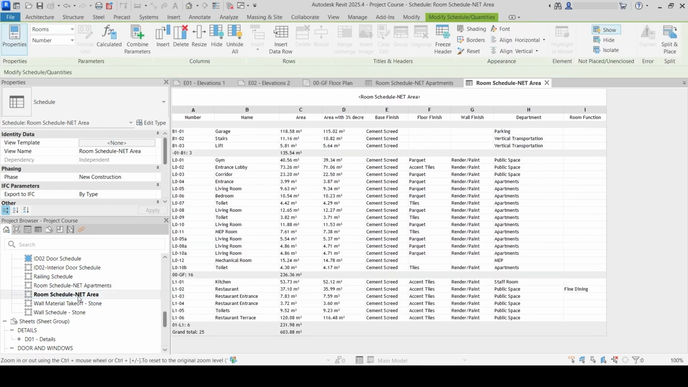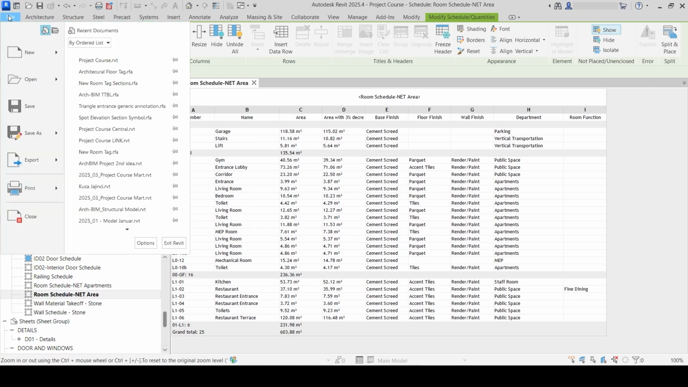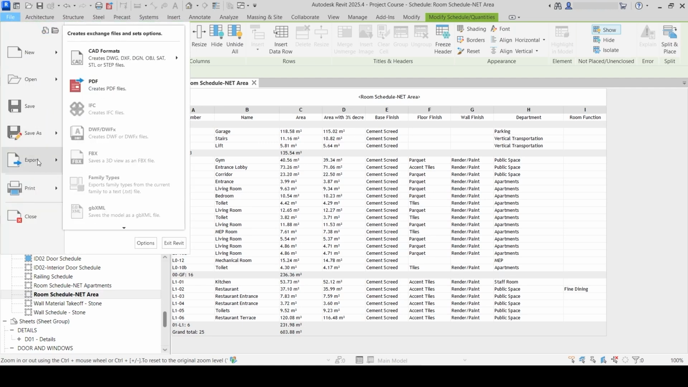I want to export this table to Excel and then continue working on it in Excel. The first thing I do is go to File and to Export